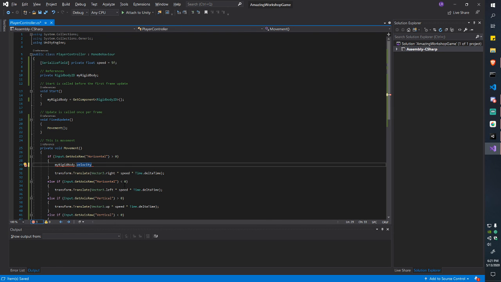So what we're gonna do is actually apply a velocity to the rigid body. It's not an acceleration, not a force. It's just velocity. It's gonna do the same thing we did here, but since it applies to the rigid body, the physics engine is gonna know how to deal with the collisions better. You're gonna see the difference. And the velocity here is a similar thing. We're gonna go right times the speed, and we don't need to do delta time in this case,